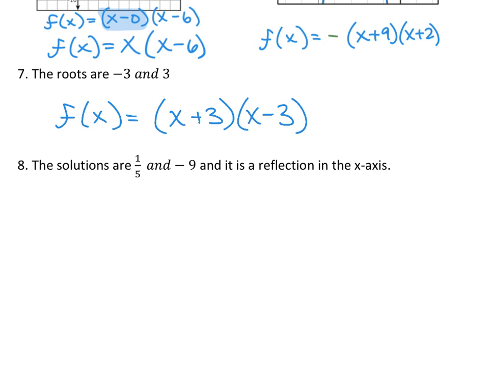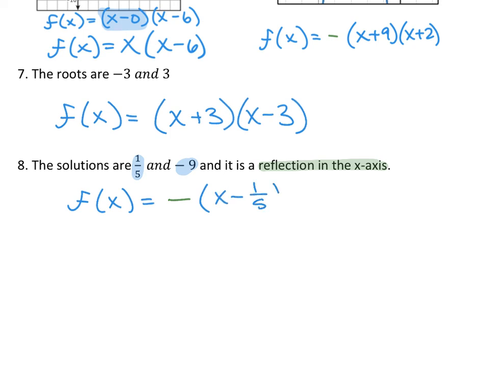But in number 8, it does. Number 8 says the solutions are 1/5 and -9, and it's a reflection in the x-axis. So we're going to have some information to deal with the intercepts, and we're going to have to make it reflect in the x-axis. But that's easy because you just make it a sad equation to make it a sad parabola. So here we go. F of x is equal to the sad parabola, so I'm going to make that negative, where the intercepts are